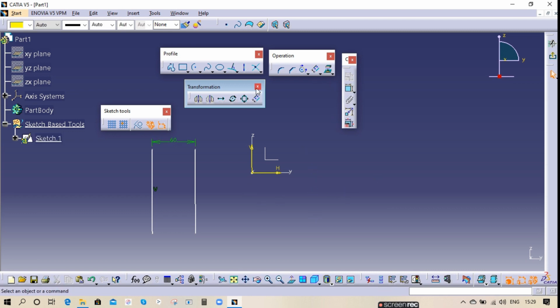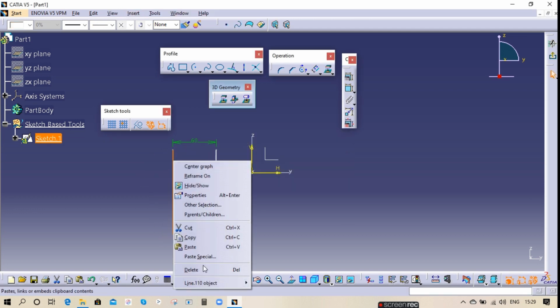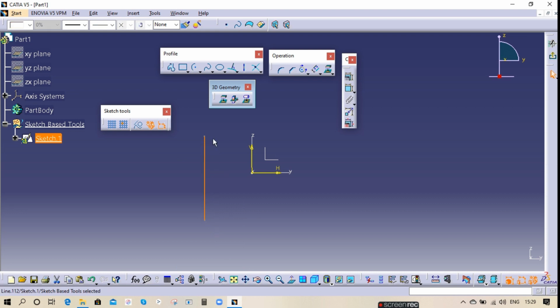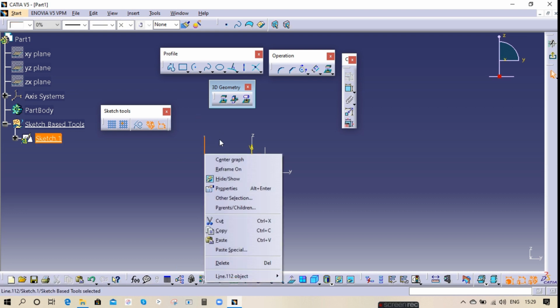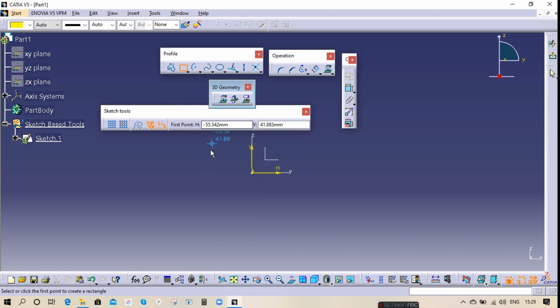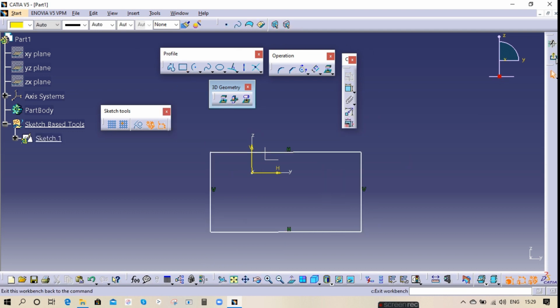And coming to this 3D geometry, only this option I'm going to explain here, because for the remaining two options we need a solid part. In Sketcher we don't use the other two tools. So this is also very simple. If you click here and if you select this line, it will make a duplicate. You understood? There will be one duplicate line. Okay, for example, I'll show you detailing. Let's say I have one small rectangle and exit workbench.